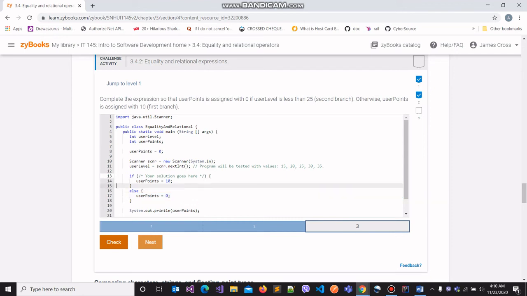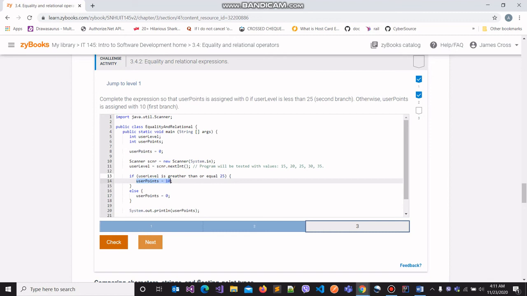Otherwise, the variable userPoints will be assigned the value 0. So when is the variable userPoints going to be assigned the value 10? We know that if the value in the variable userLevel is greater than or equal to 25, as stated right here, then userPoints is going to be assigned the value 10.